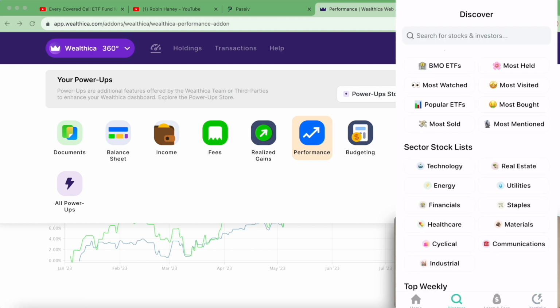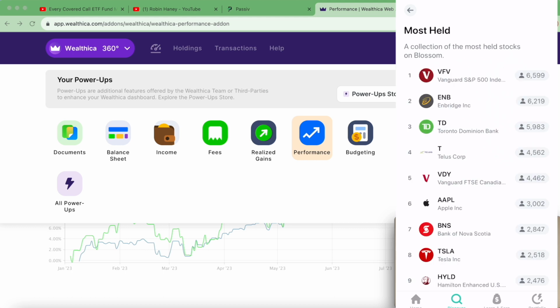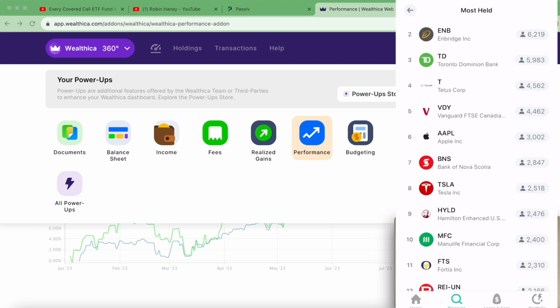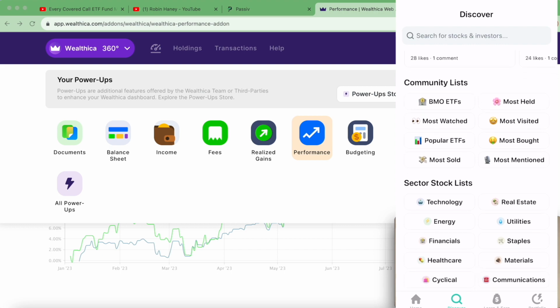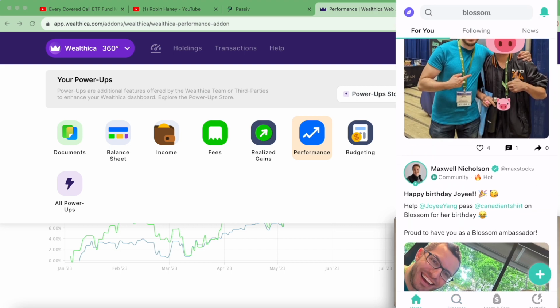You can see what most people hold, so VFE and Bridge. The highest, the most held covered call ETF is HYLD. Most mentioned, like what are people talking about, just in a rank order, and Bridge. Let's see, you can add